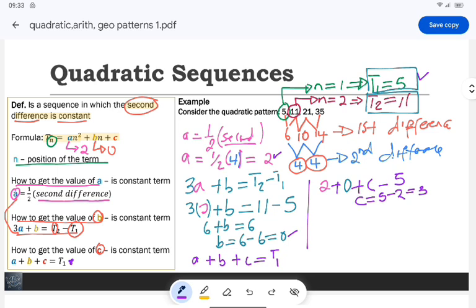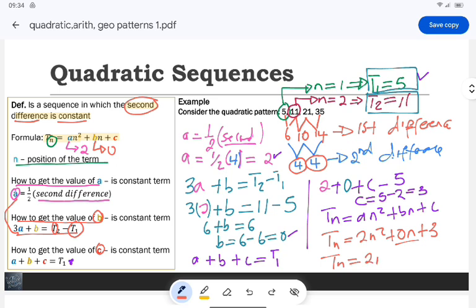Okay, and then now we're going to say Tn, our general formula, is equal to an squared plus bn plus c. So now we have found our nth term. What will be our nth term? We got a, therefore our nth term will be 2n squared. Our a is 2, and then plus our b, our b is 0n, plus 3. So we can represent this like this. Therefore the final nth term will be 2n squared plus 3. So we're done now. This is our nth term. This is how we get the value of a, b,